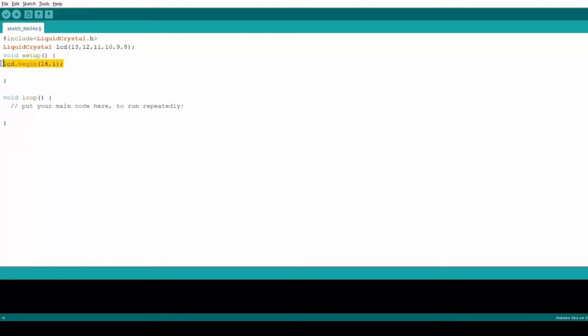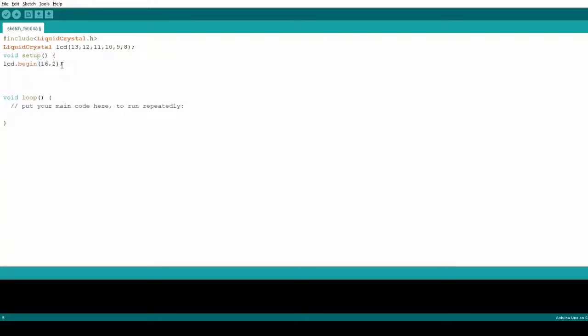So lcd.begin of 16, sorry, 16, 2, because we are using a 16x2 model. So lcd.begin is over.